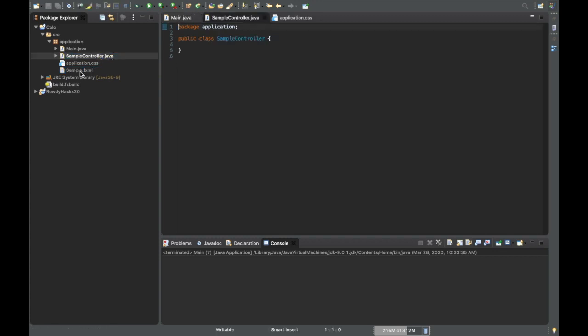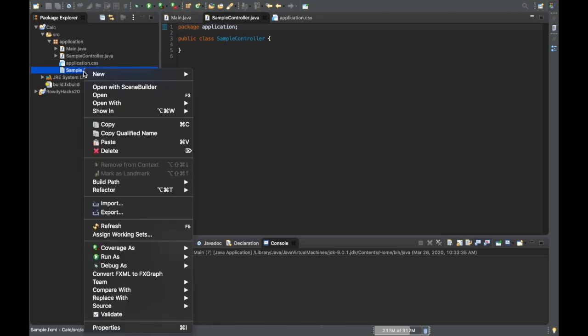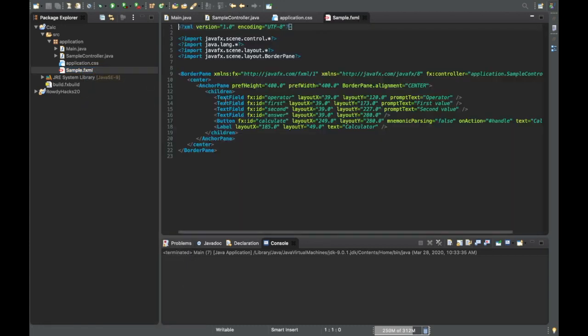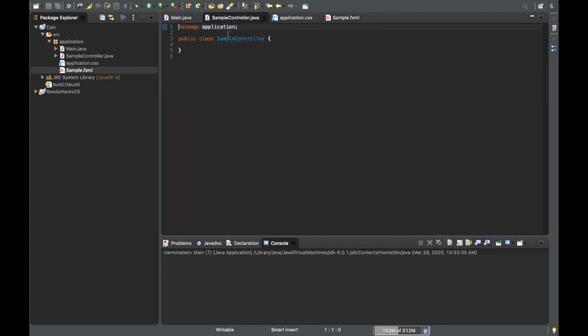But also if you want to see everything in our FXML, you can right click it and open with FXML editor here, and you should see all of the code for everything we just put on there. If not, go back and hit save in JavaFX and check this again. But right now we'll go back to our controller,